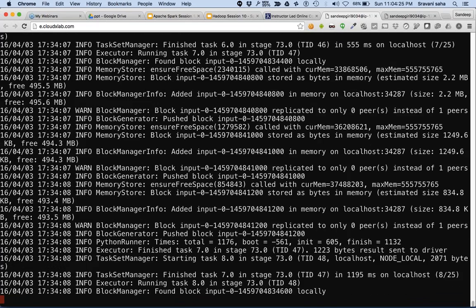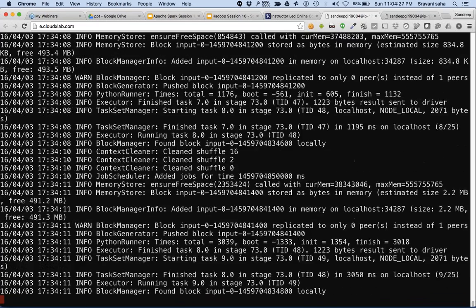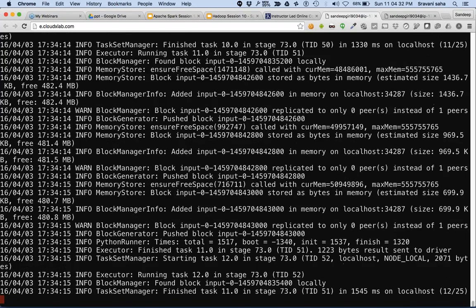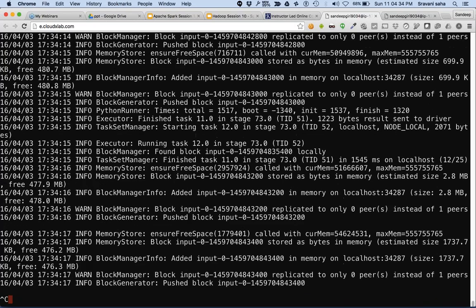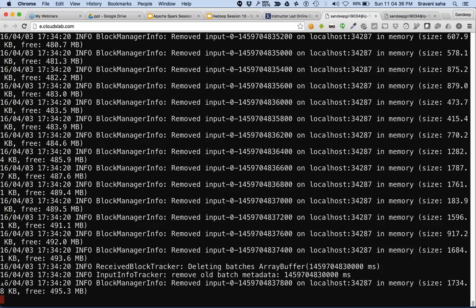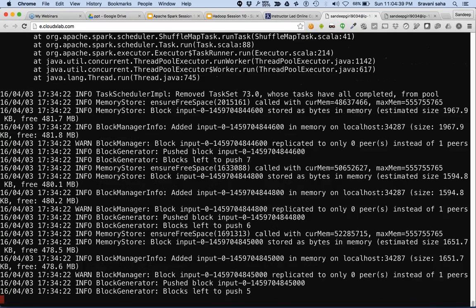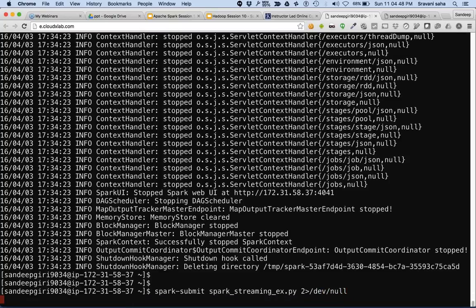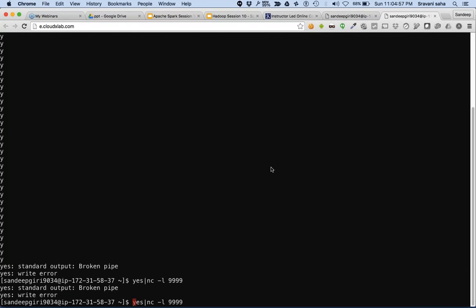Right now I am having a lot of screen blindness, so let me hide the debug messages. A quick and dirty way is to use this kind of redirection, meaning send everything, the error messages, to /dev/null. Now let me start the producer again because the consumer has gone down.